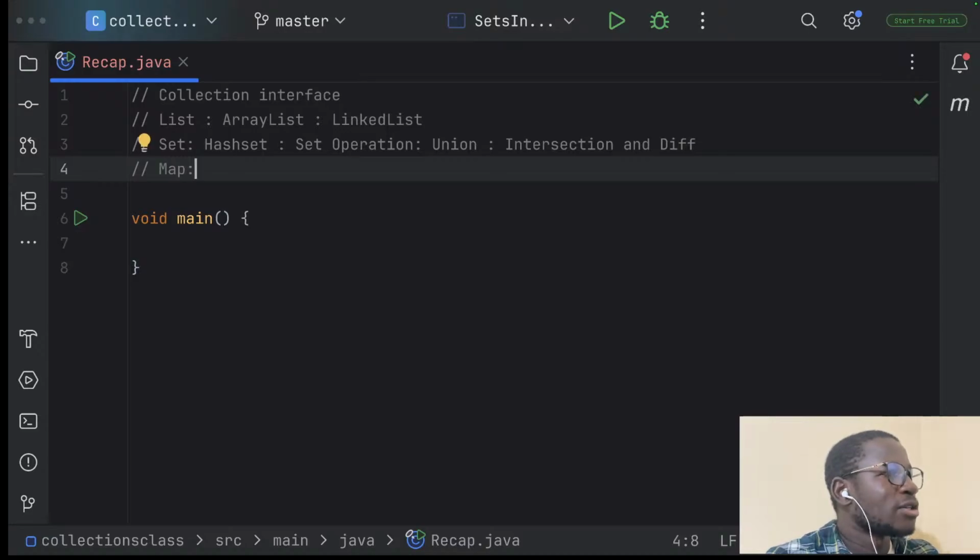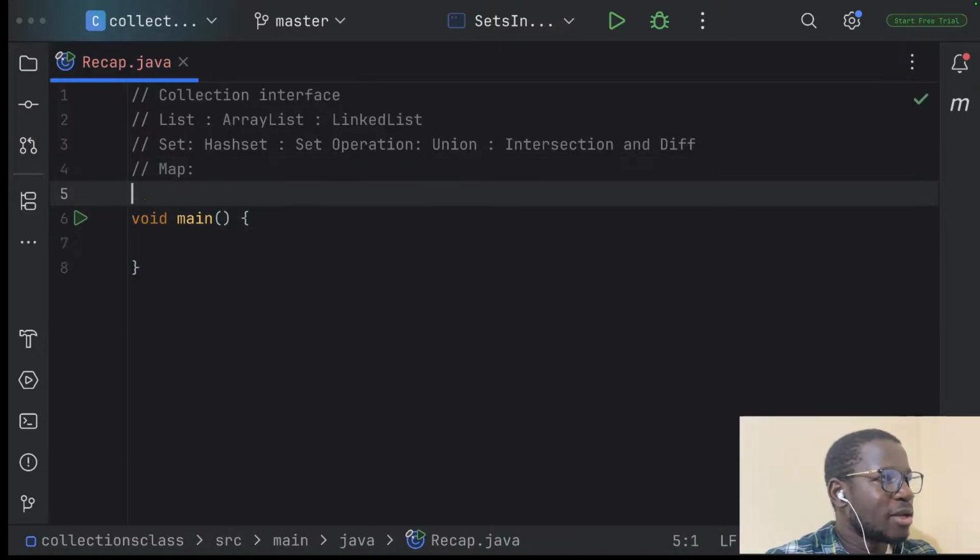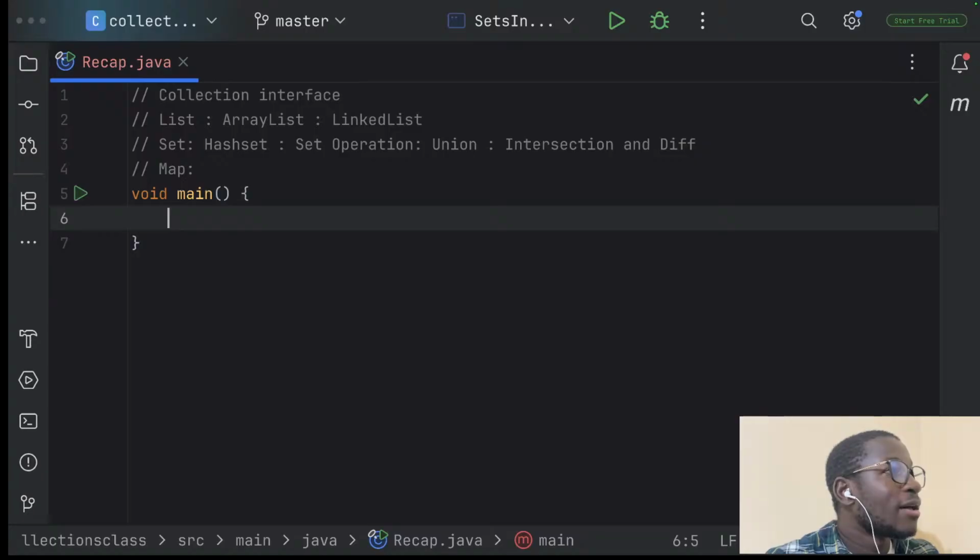But first, I want us to do a small recap of the capabilities that we can do with list and set data structures. One fundamental thing that you need to always remember when working with these data structures is how to create them, how to add elements to the data structure, and how to iterate over the elements in the data structure, which is the most common